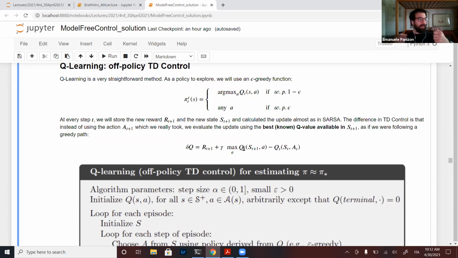So in a sense, it's evaluating something closer to a greedy, but exploring with an epsilon greedy. There's a shift between what it's evaluating and what it's using for exploration. The two policies are not the same. This is what off policy means.